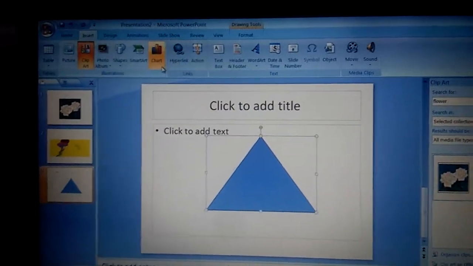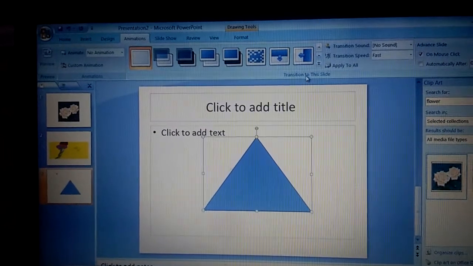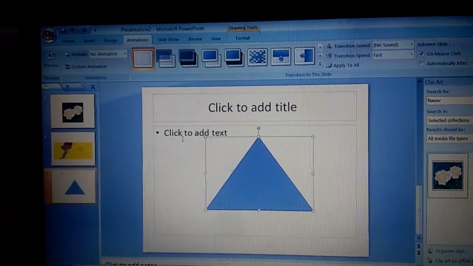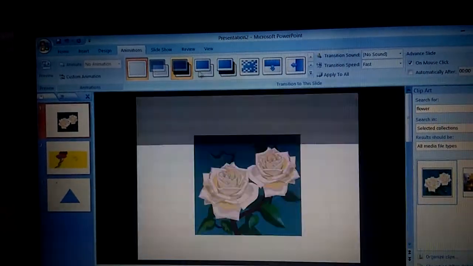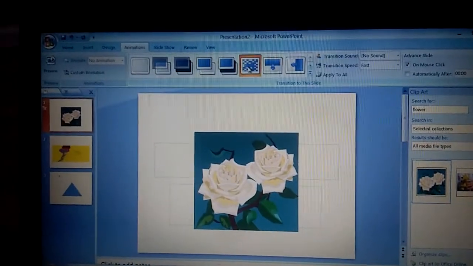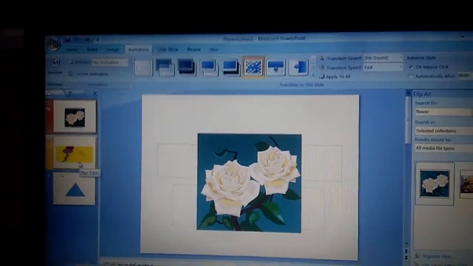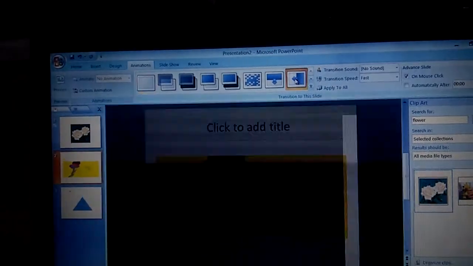How will you give the transition effect? Very well noted. Just go to animation, there is a transition to the slide. Just click on any one, and give any transition effect like this. Then click on another slide and give a transition effect like this.